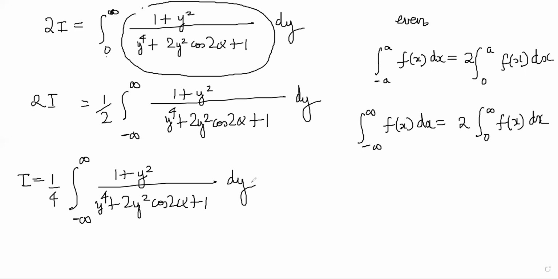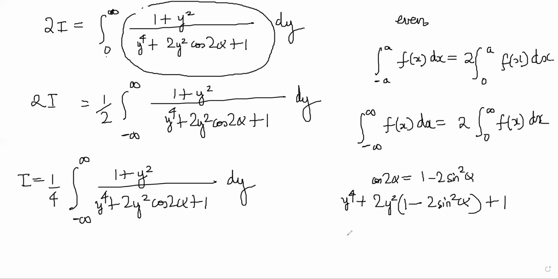So you might think that we are not making any progress here, but you will see soon that once we try to factorize cos 2 alpha, you will get something much simpler. So think about what is cos 2 alpha. Cos 2 alpha is equal to 1 minus 2 sine square alpha. If you put that in here, y power 4 plus 2y square into (1 minus 2 sine square alpha) plus